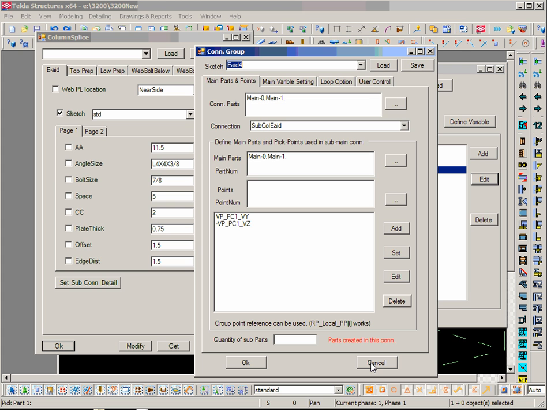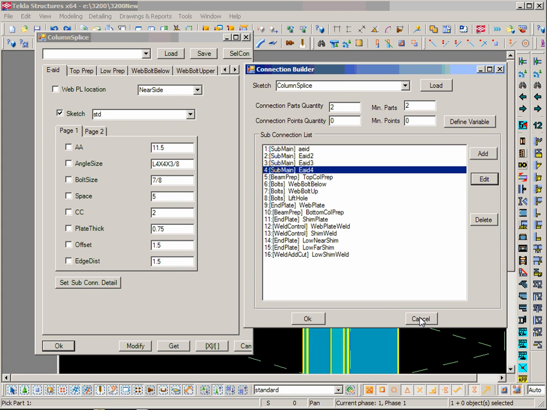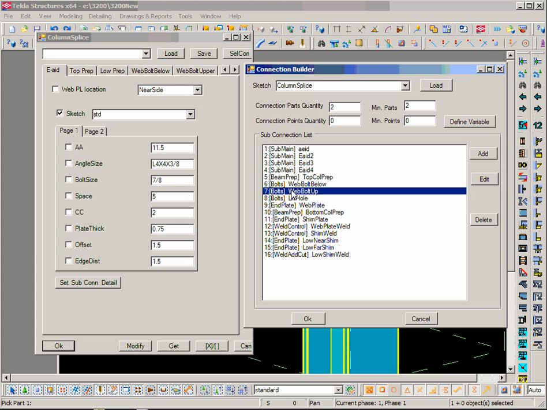So by using this way, we will locate 4 symmetric sub connections. So they will save a lot of time. And the rest one is just regular. We just put some bolts at the web, lifting hole, end plate, web plate, prep, and we can see this one,